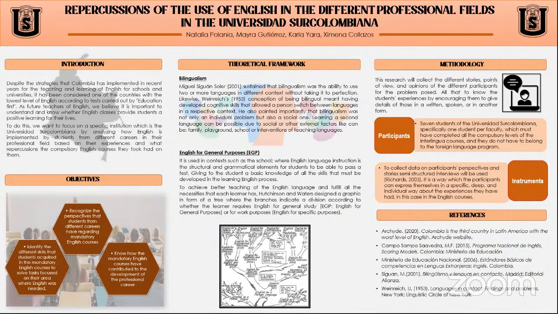This fact concerns us a lot, not only because we are Colombian students, but because we are preparing to be future teachers, and we want to know what happened, not just in elementary schools,